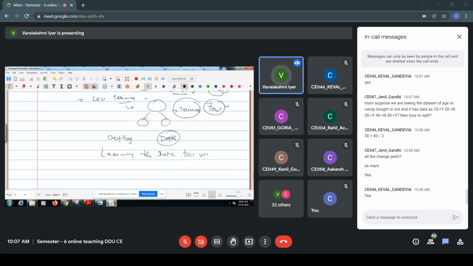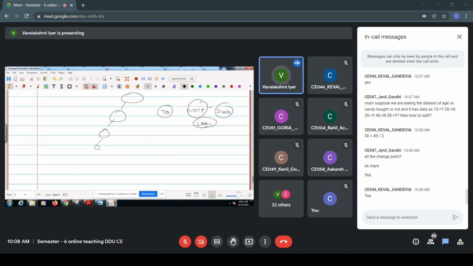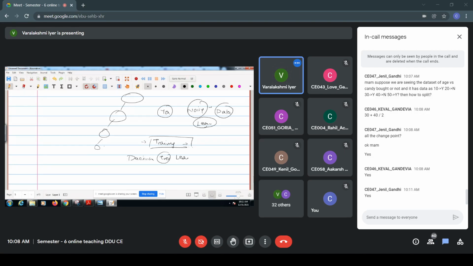Whenever it is learning the data too well, it will create too many depths. For example, it will create many branches and the depth will be very high, as it tries to learn the data set very well. So whenever you have noisy data, there is a possibility that the data set will be learned too well, and it will learn the noise also from the data set. In that case, there is a possibility of overfitting, or if your training data is very small, there is a possibility of overfitting. These are the two cases when overfitting can occur in decision tree learning. Is that clear to everyone? Is everyone clear with this?